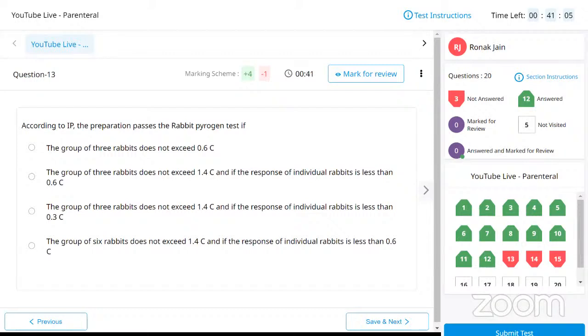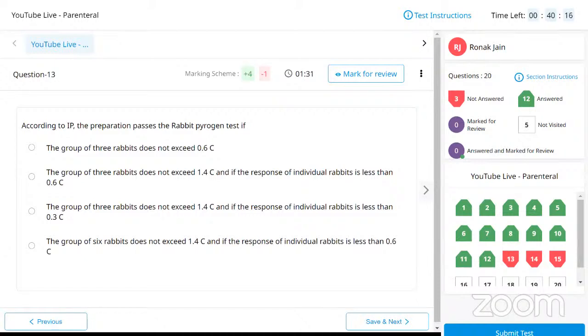So according to IP, what we do is the preparation or the formulation that is being examined is injected into the rabbits. Pyrogen is one thing: if pyrogens enter our body, it leads to a feverish kind of thing. In fever, the body temperature goes up. So a similar thing will happen in rabbits. If we inject the injectable into the rabbit, and if the formulation contains pyrogen, the rabbit will get a kind of fever, and as I said, the temperature of the rabbit will go up,